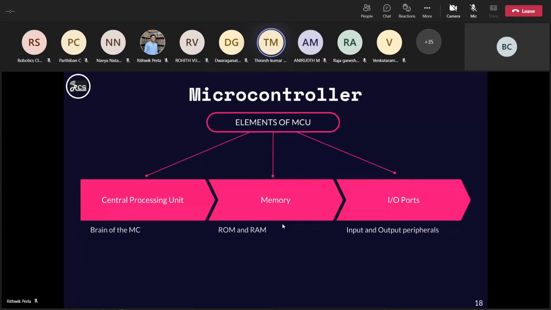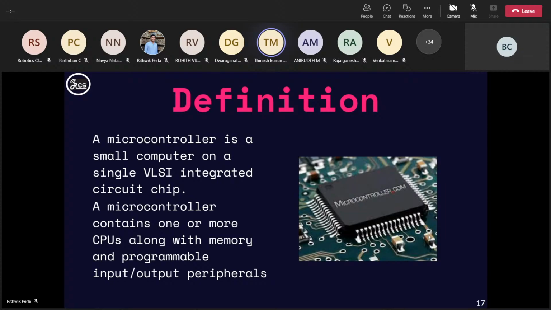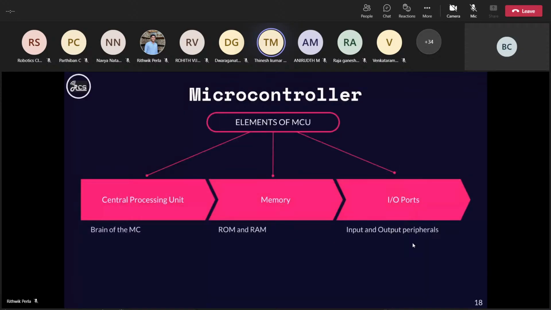So in order to communicate with the outside world, the microcontroller can be connected to an input device through the input ports. The input ports serve as a bridge between the input device and the microcontroller. And when it comes to output, the output devices are connected to the microcontroller through output ports. That is the use of input-output ports. So remember these three things. The basic elements are my CPU and memory unit and the input-output ports.